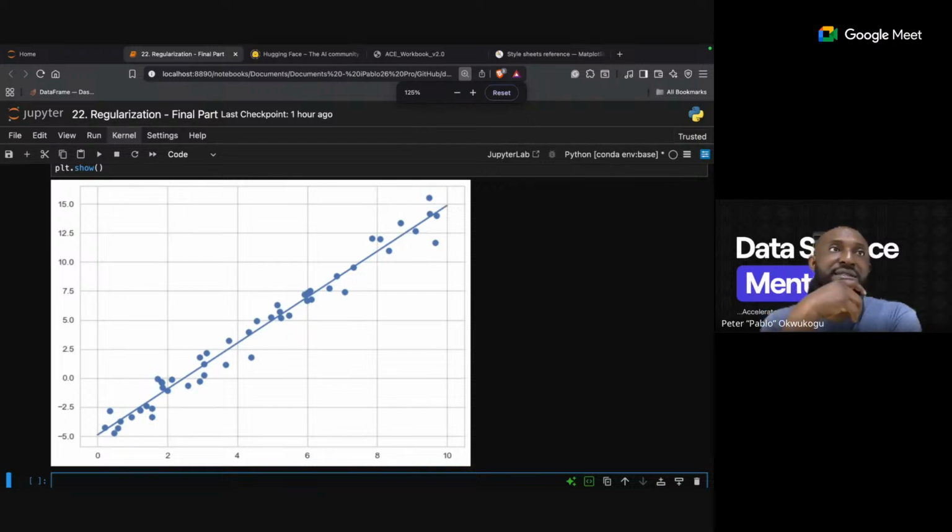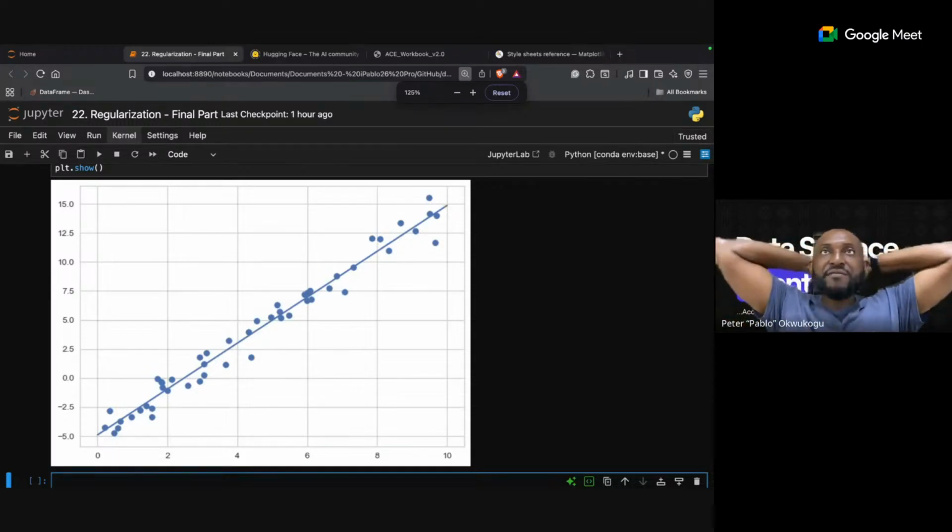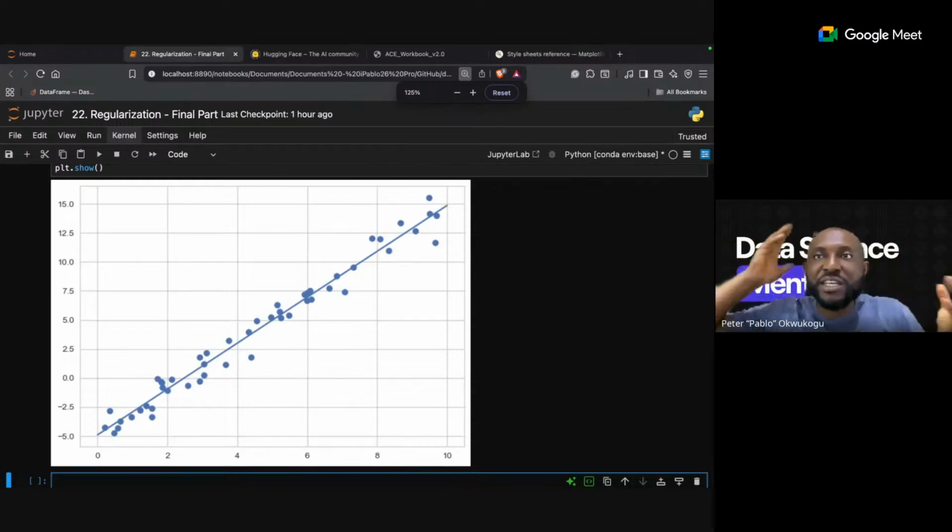What it means is that sometimes the things that happen when you build a model is that your data points may not behave the way you expect them to behave.